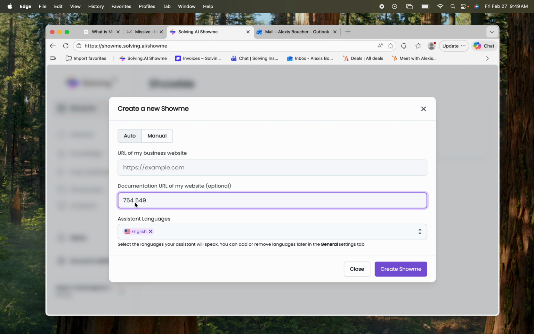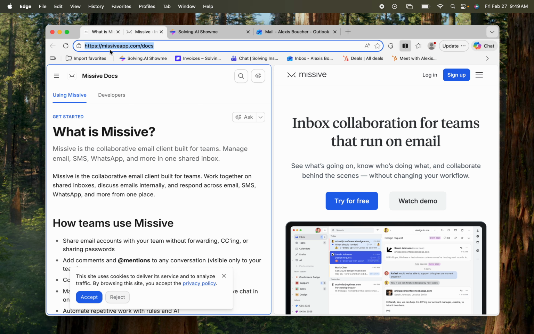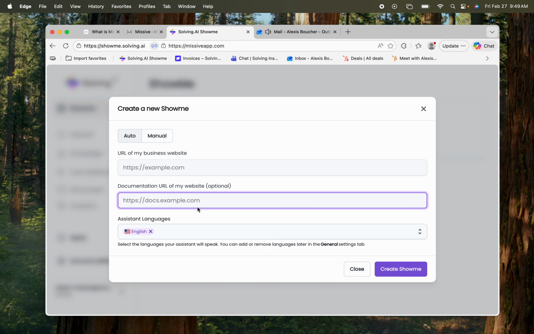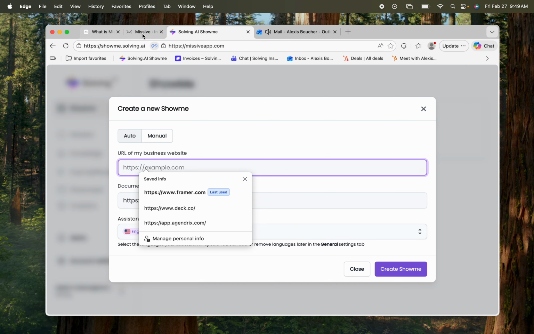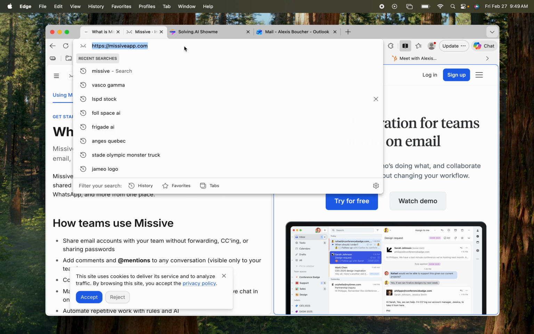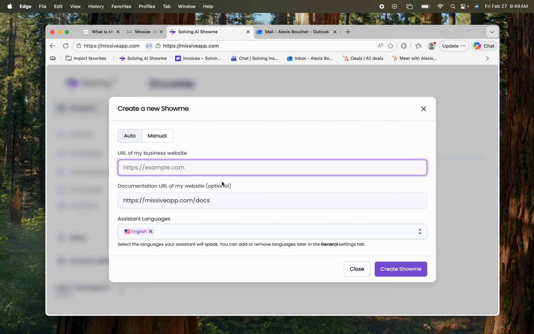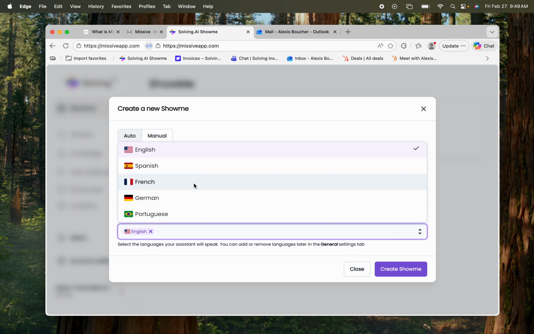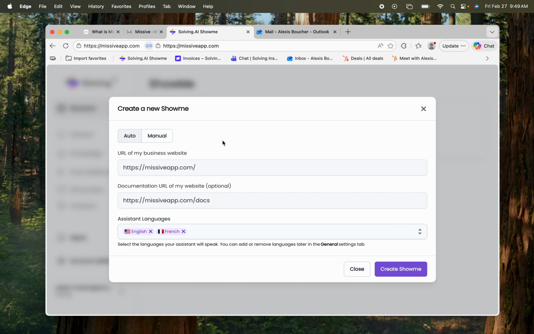So we're gonna start with the URL here of the documentation. Then we will use the website documentation, which should be right here. And then we select the languages that we'd like to move forward with. So for the sake of Missive, we'll go with English and French. We'll create a ShowMe. And automatically, Solving AI is ingesting the Knowledge Center documentation as well as the context from